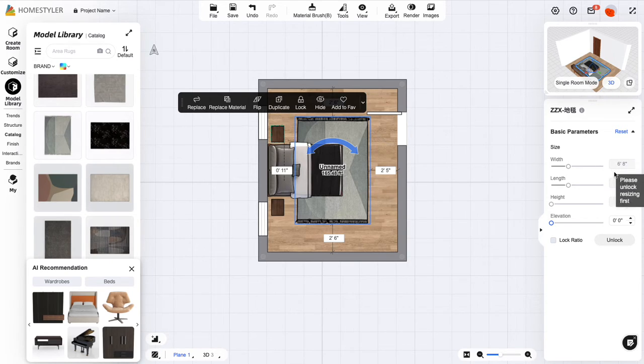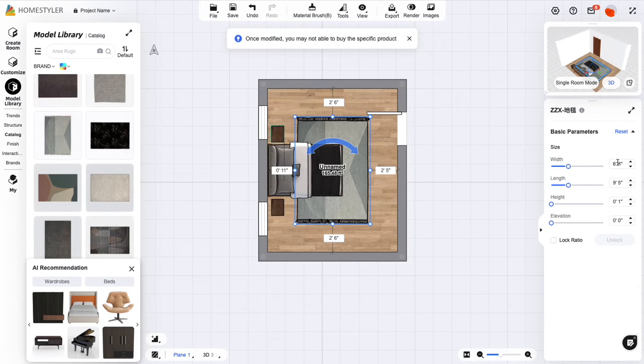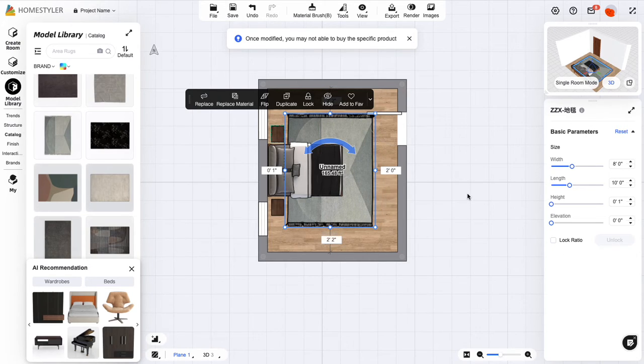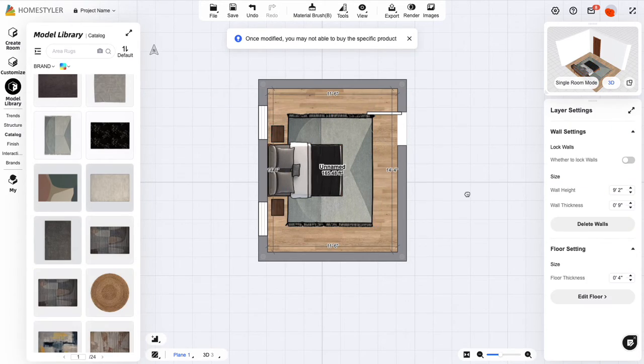And so I'm going to take a look and see what size it defaulted to. So 6'8" by 9'5". It's kind of a funny proportion for a rug. I don't see a lot of rugs in those dimensions. So I'm going to unlock this, and I'm going to make it an 8 by 10 since that's a pretty standard size to go under a queen bed. So 8 feet by 10 feet. All right, that looks pretty good. I'm just going to click and scoot it over just a little bit, put it in the right spot. So we've got a nice rug under this bed now,